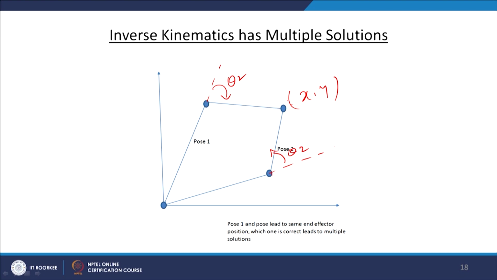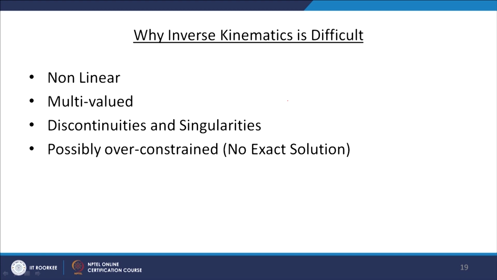If we have several links instead of 2 links, if you have more links, then there will be several solutions for reaching a particular position. So, in general, the inverse kinematic solution will be difficult if we have more complicated robot manipulators, and it is multi-valued, because to reach a particular position and orientation we can get several solutions,